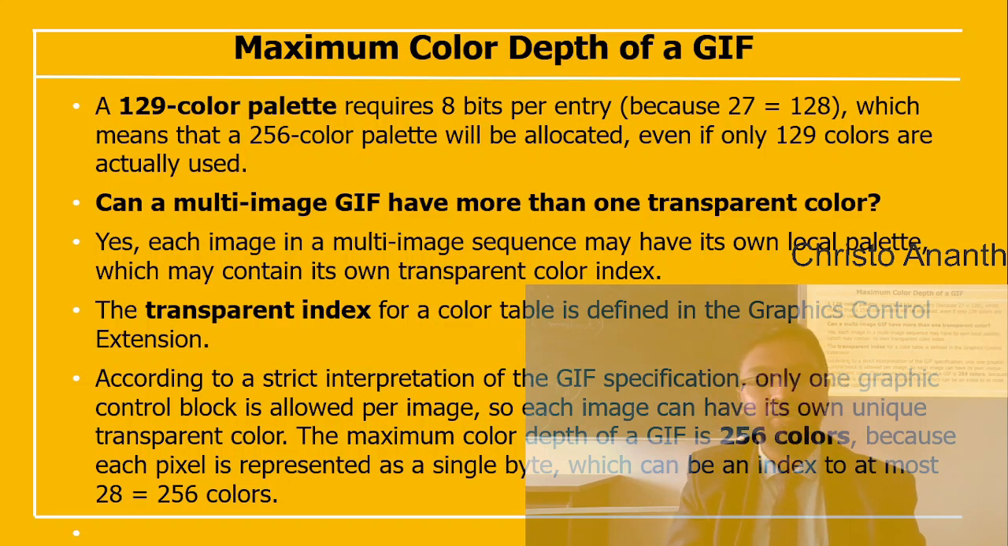So the transparent index for this color table, you can call it the graphics control extension. According to this implementation, only one graphic control block is allowed per image. So every image has its own unique transparent color. And the maximum color depth of the GIF file is 256 colors, because every pixel is represented by a single byte, which acts as an index for each of the colors, like 2 power 8 equals